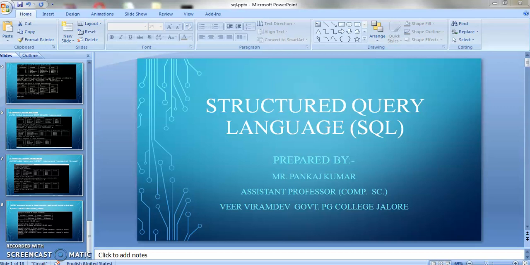So today we will study the alter command. In the alter command we have studied how we are going to add a particular column. So today we will see how we are going to drop a particular column and how we are going to modify an existing column. And after that we will see the drop command, in which we have to delete the table as well as the data. So without wasting any time, we will start today's session.